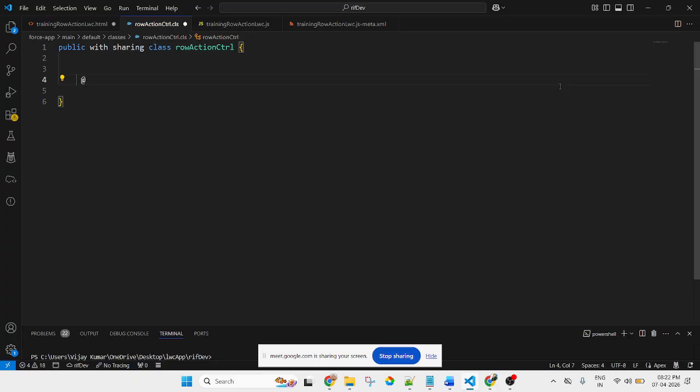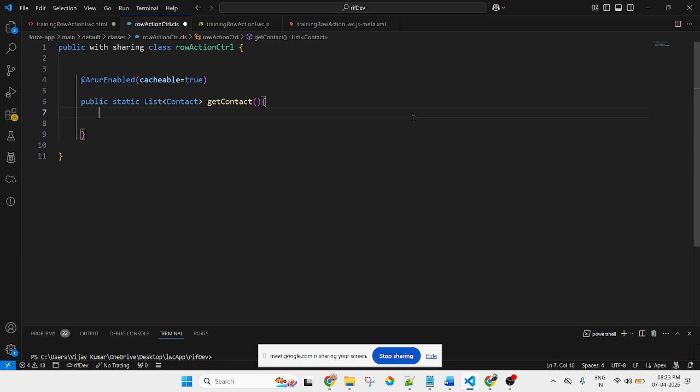If you're using a wire decorator, don't forget to use cacheable equals true. Now the method: public static list of contact, get contact. Here I am returning a list of contacts.